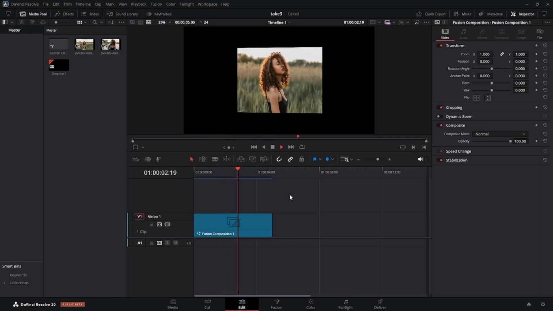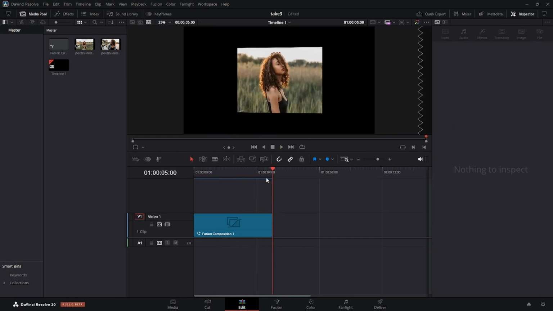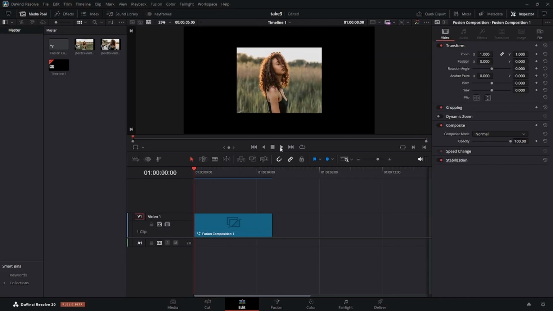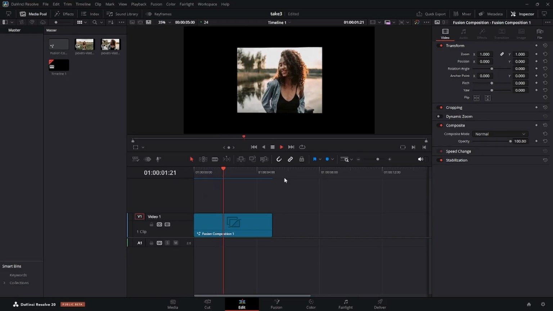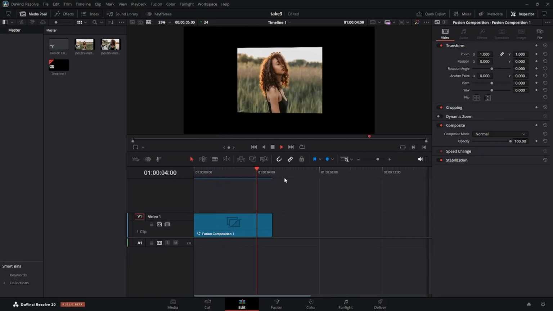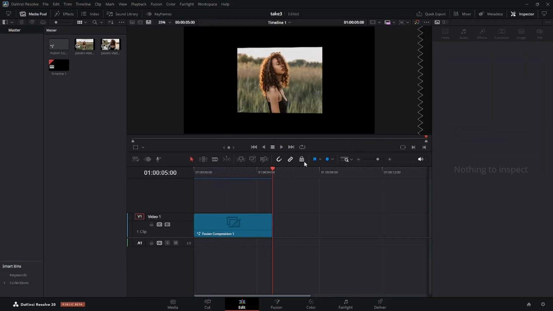What we could have done is put a keyframe at the end, and it would have rotated till the end, but it would have rotated much slower because, you know, the closer our keyframes are together, the faster your effect takes place. So to keep it at the same speed, what we have to do is to loop it so it keeps rotating. So we're going to go back into our Fusion page,